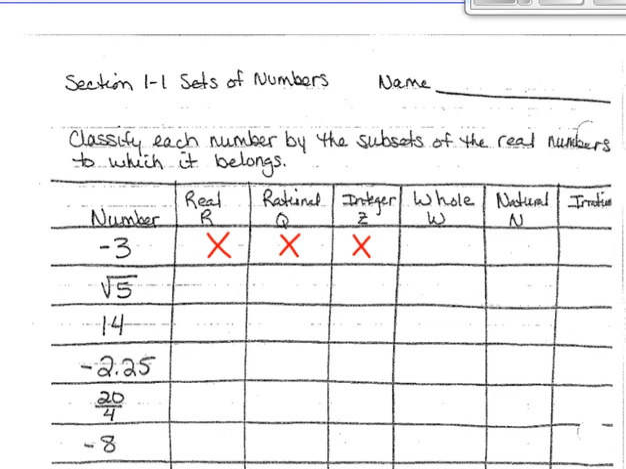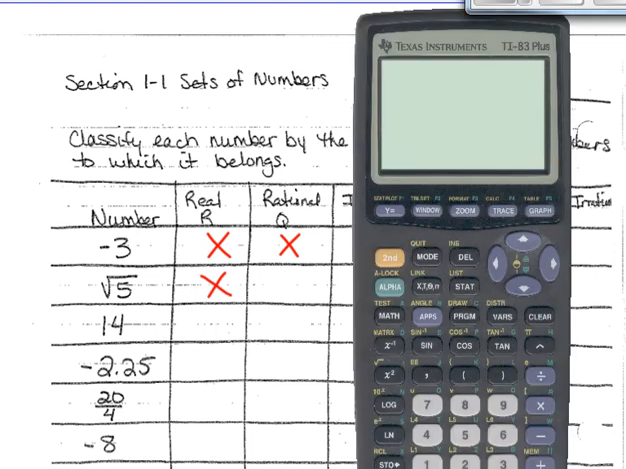The square root of 5. The square root of 5 is a real number. All the numbers we're talking about are real numbers. Then the question is, is it rational or irrational? Rational means if I did the square root of 5, I would end up with a decimal version that either stopped or repeated. So if I pull up a calculator and I do the square root of 5,